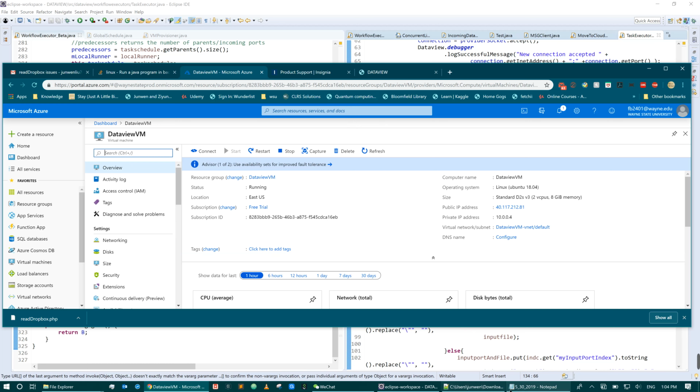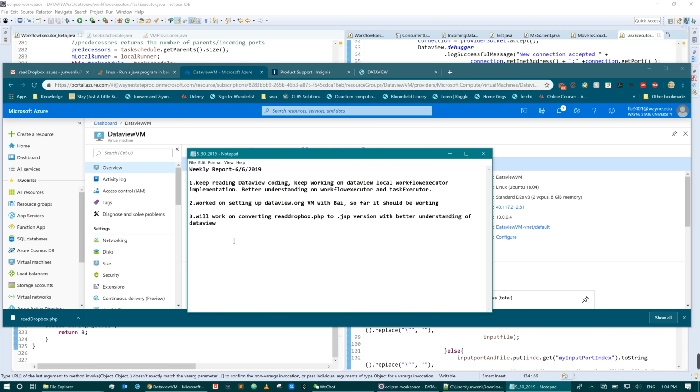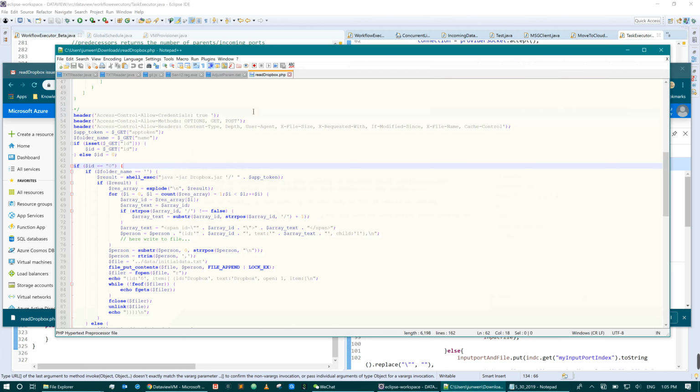So this is the second item, and the third item is that I will start to work on converting readdropbox.php into a .jsp version, with a better understanding of Dataview. I think I heard about this task before, but at that moment I had very little understanding of why and what this task is going to do and what this file does. Right now I think I have a better understanding, and here is